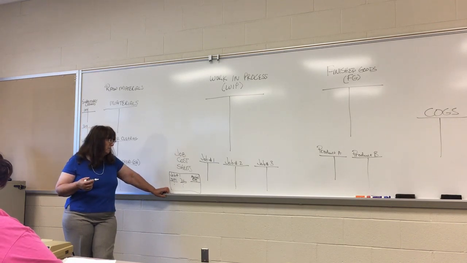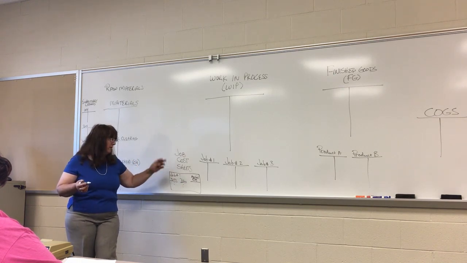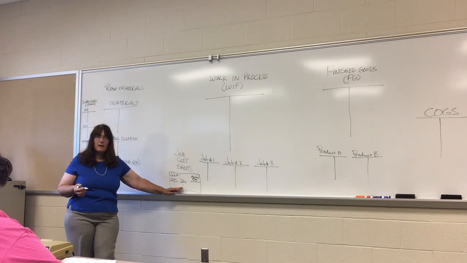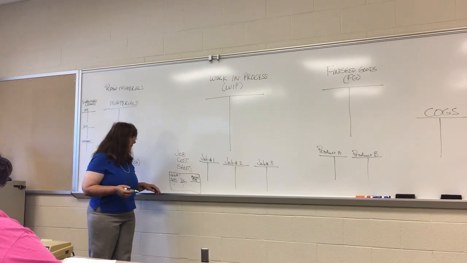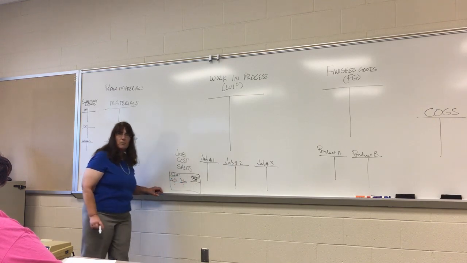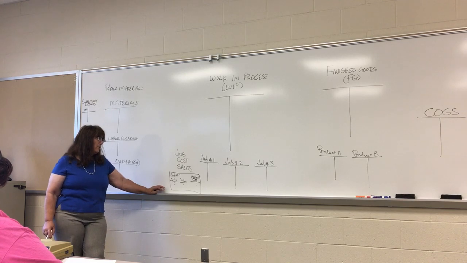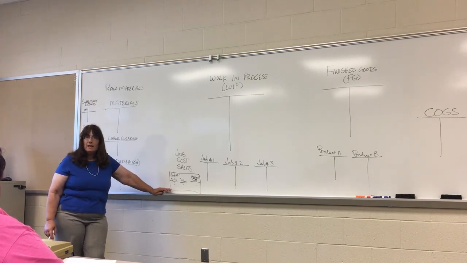So if it's based on direct labor cost, and say it was 65% or whatever of the direct labor cost, you would take that times the 65% once a month, and that would be your overhead that's applied. Okay? So, when this job is done, the people that are working on the job and